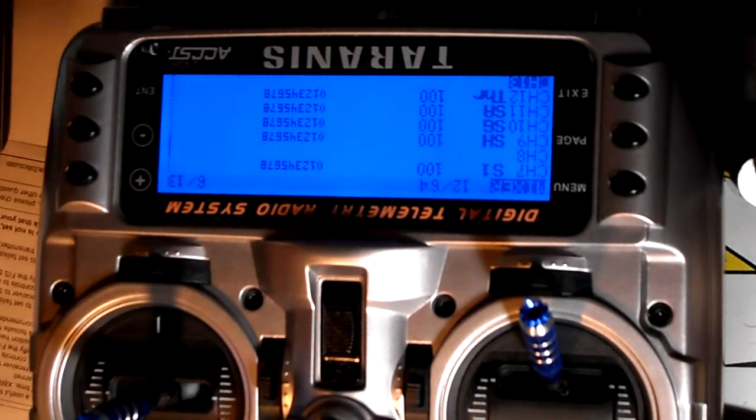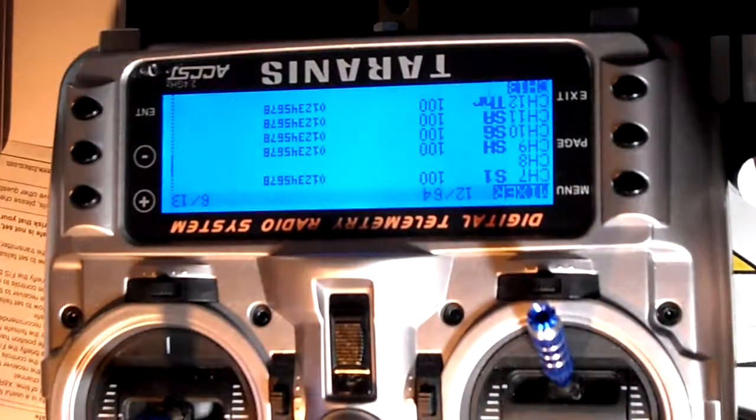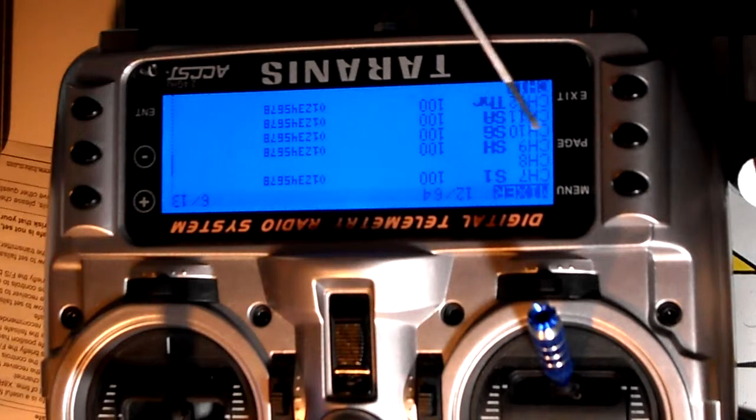Channel 10 is SG, and that was going to be for my landing gear. And then channel 11, which is SA, I was going to have that control the camera gimbal as far as its mode, whether it's in follow mode or in stationary mode. And then channel